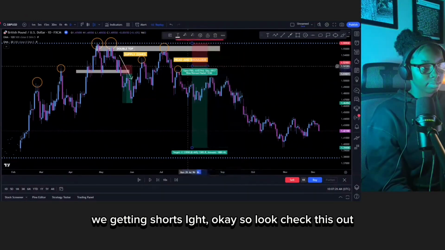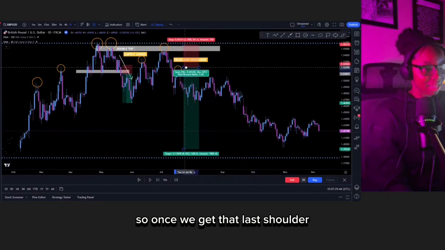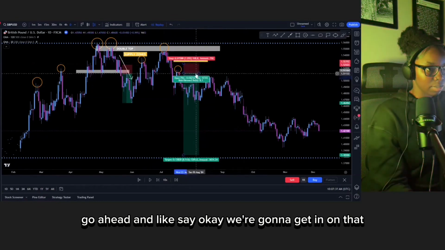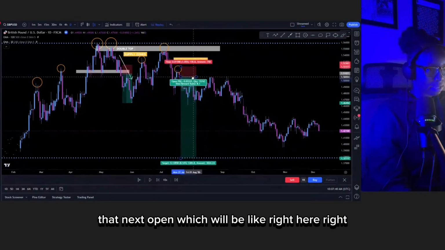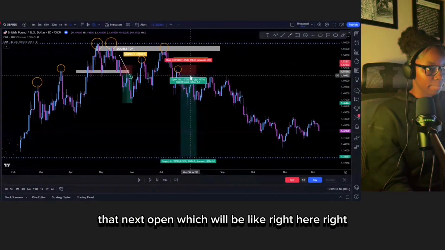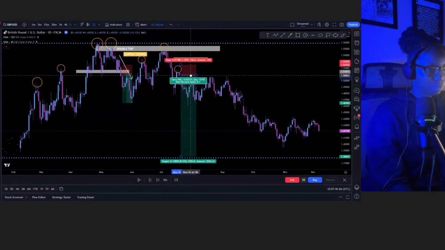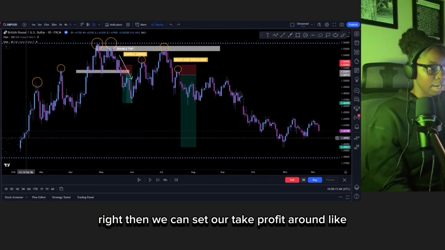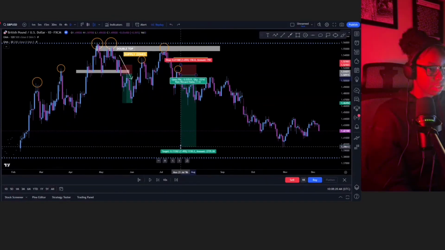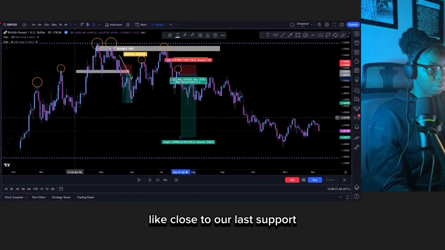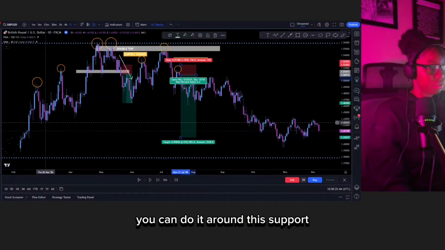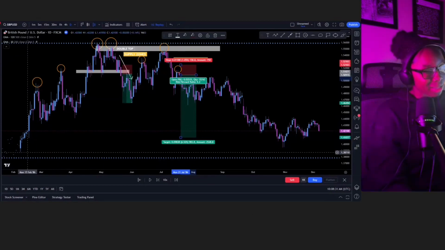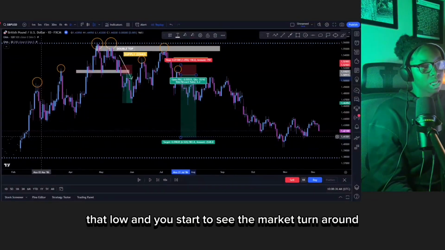Okay, so look, check this out. Once we get that last shoulder, we go ahead and say, okay, we're gonna get in on that next open, which will be right here, right? Or if you want, we can get in on that next one. Then we can set our take profit close to our last support. You can do it here, around this support, around that support, or you can reach for that support. But if the market doesn't go that low and you start to see the market turn around,